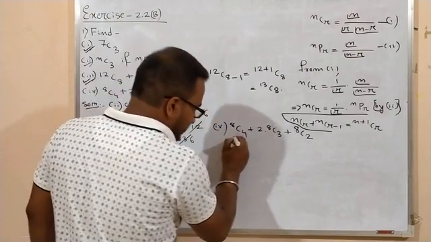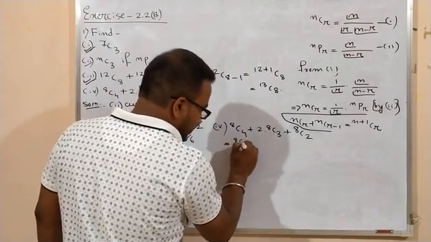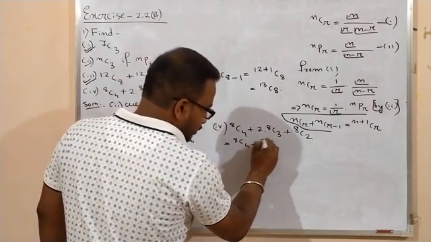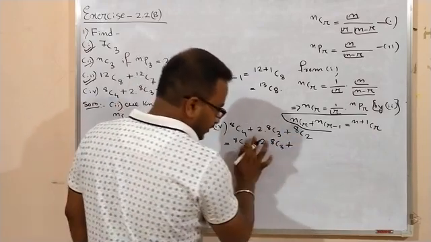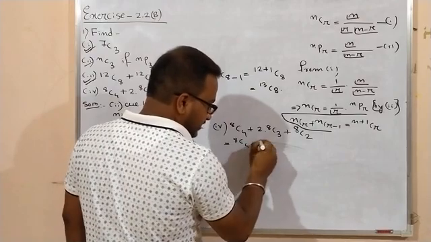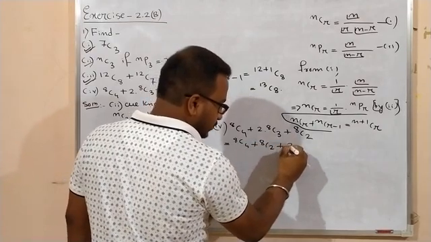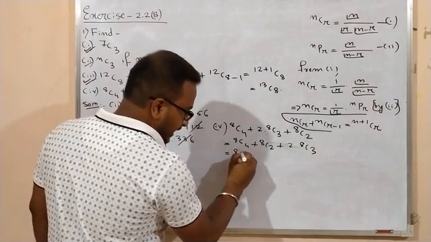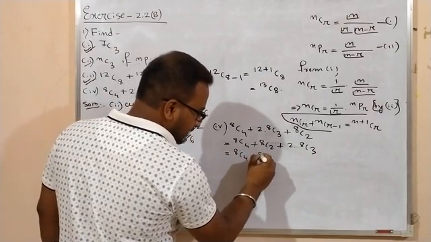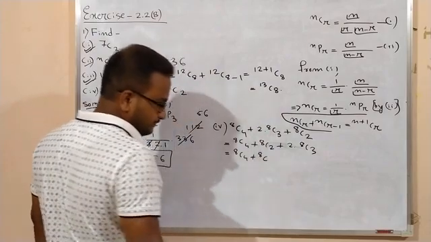So here it is nCr plus, you see, 2 into 8C3, or you can write this as 8C2 plus 2 into 8C3. Now you see, this is 8C4. So this can be written as 8C